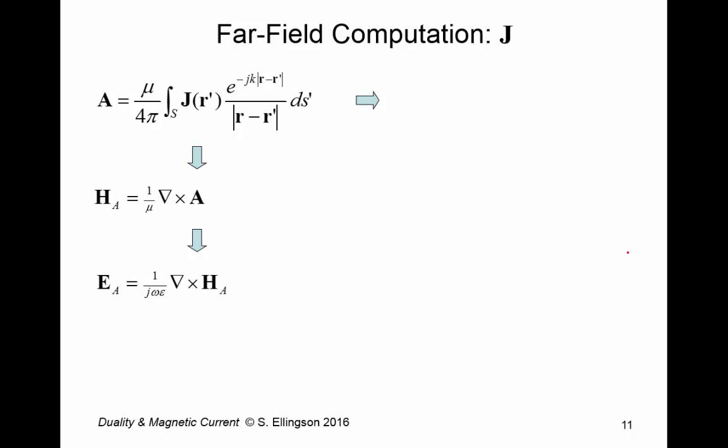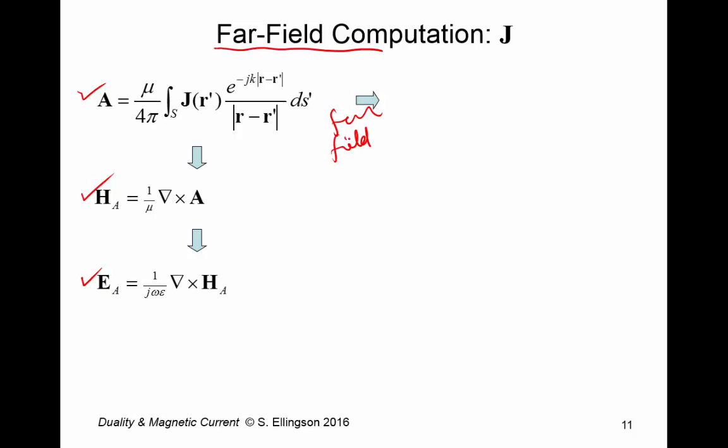Okay, now let me just draw out the universe of possibilities here for electric current. And the point is now I want to bring in far field computation. So in general, when we have electric current, we can compute the magnetic vector potential. From that, we get the magnetic field. From that, we get the electric field. But we know that if we can go into the far field,